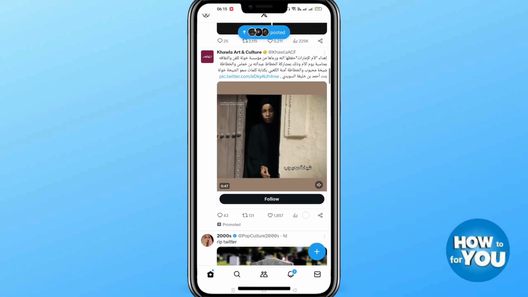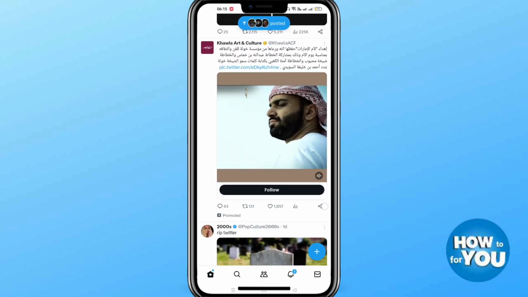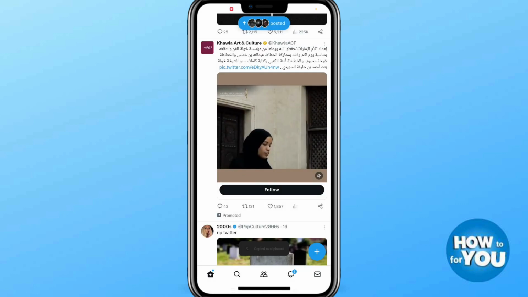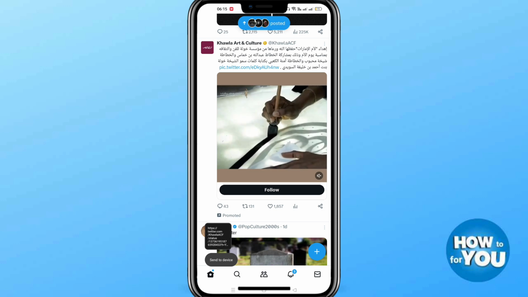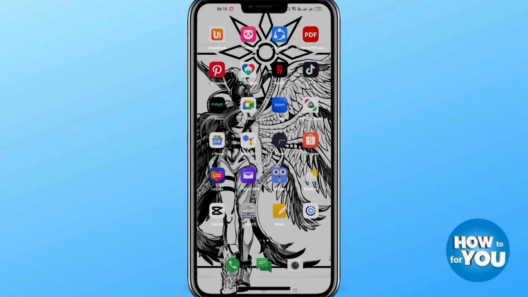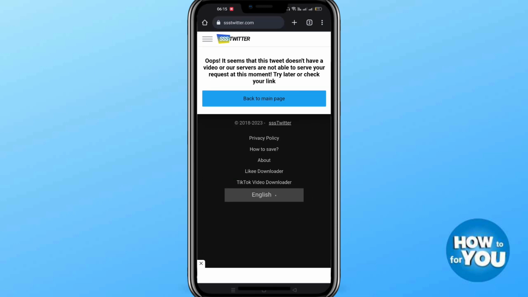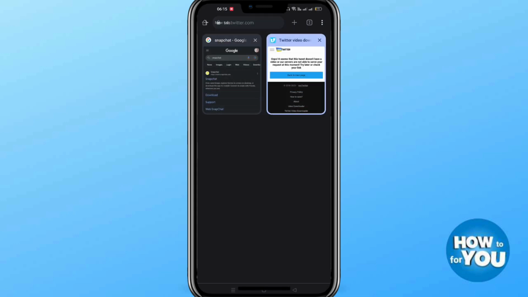just hold on, click the share icon on the right side, and then select copy link. Click copy link, and then exit the Twitter application and go to your browser. Go to Chrome browser. So just a moment,